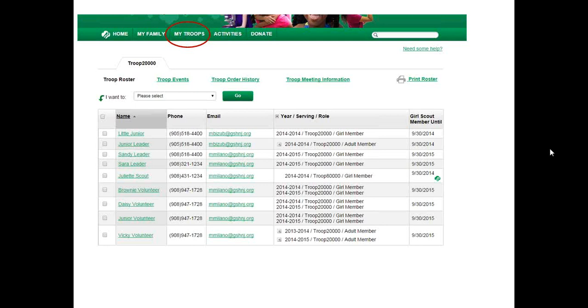And then I just wanted to point out to carefully look at your rosters, especially when it comes to adults. We're going to go over some common problems later. But as you see, Vicki Volunteer has an adult member position next to her name. If Vicki participated in more than one troop, one of those lines would just have the second troop number with no adult member position. She would not be able to renew her registration in that second troop, only the troop that has the adult member position listed.